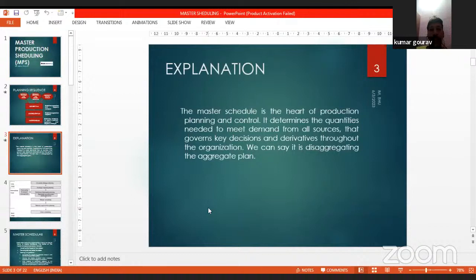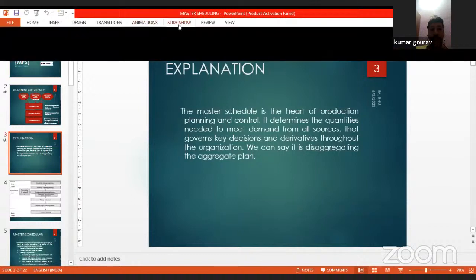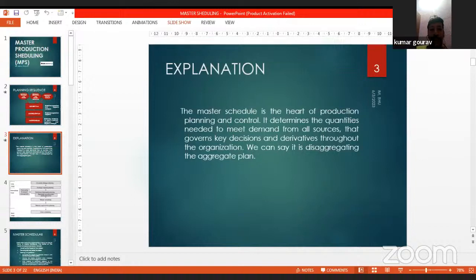We can say it is disaggregating the aggregate plan. Can you see it? Yes, ma'am.